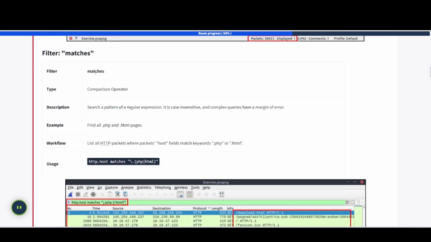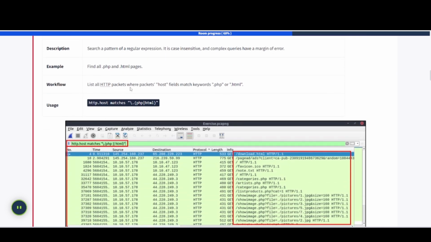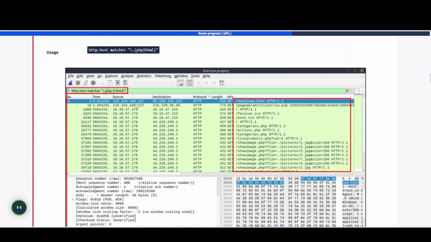And then you have matches, which explains what this is as well. Comparison operator, search a pattern of regular expression, case insensitive. Example, find all .php and .html pages. List all HTTP packets where packets host fields match .php or .html. And here's an example of the usage here, HTTP.host matches. Then inside these double quotes, you have the backslash dot, and then inside open and close parentheses, PHP, pipe, HTML. All right, in this example, what it looks like here,